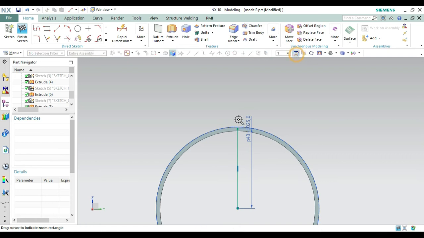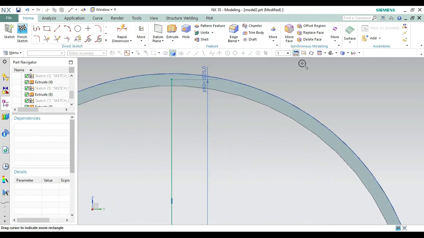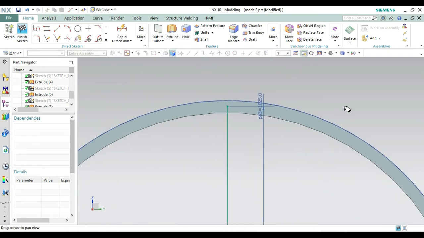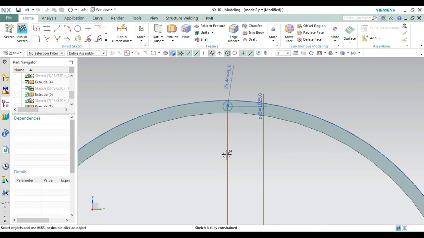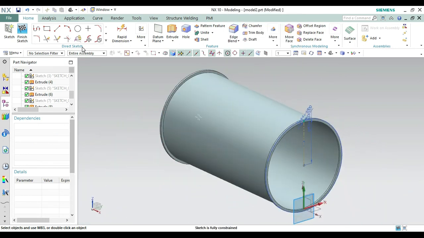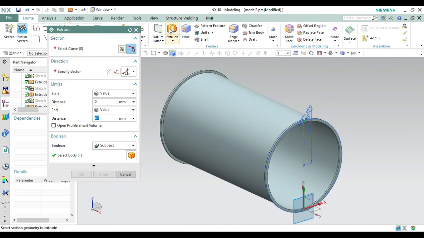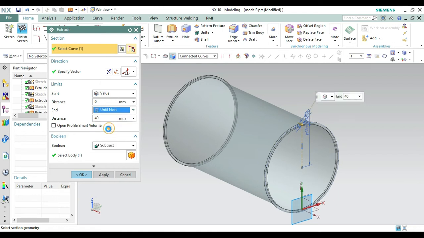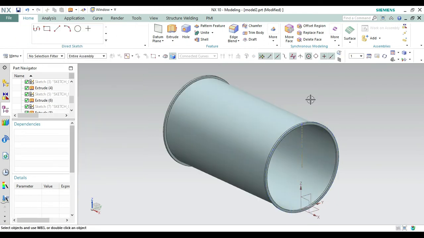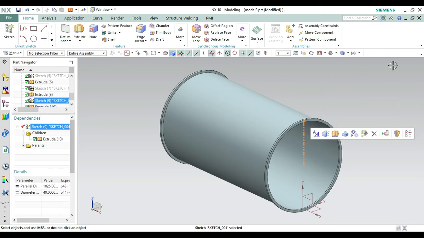Okay, now let's zoom in to only this point, because only a small diameter is needed for the nuts and the bolts. So from here, taking this point, let's create a circle of diameter 40. Okay, now convert this line to reference. Don't finish directly, choose extrude because there is only one thing. So from here make it 'until next' and let's see if that circle exists.